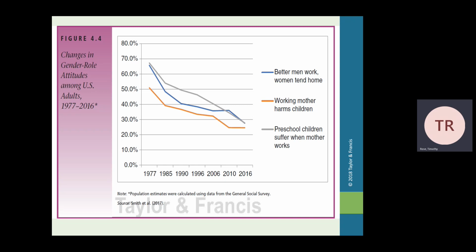So about 25% of folks agree with these sentiments, which means, one, there's still a large existing set of attitudes regarding the division of labor that favors an unequal distribution of labor. But it is important to note that the attitude that there should be this unequal division of labor within the household is no longer in the majority, at least as measured in the General Social Survey. So attitudes change.